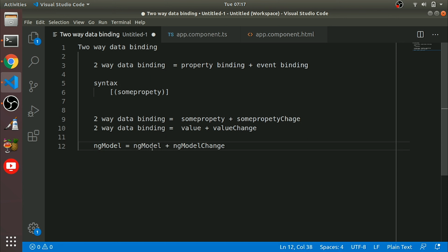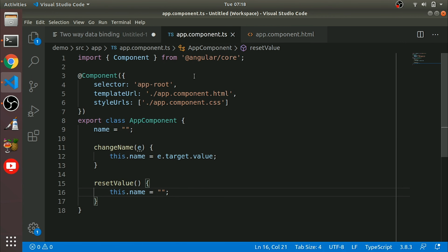So the ng model directive is not a part of the core Angular library, it is part of the forms module. So if you need to use this, then you need to import the forms module in your app module, or if you are using it in a child module, then you need to import it there. Okay, so let's have an example on ng model.